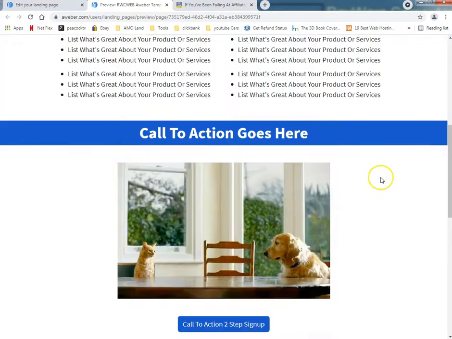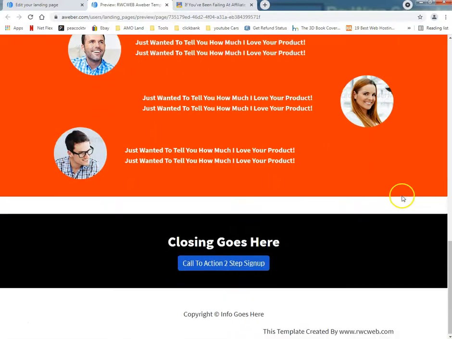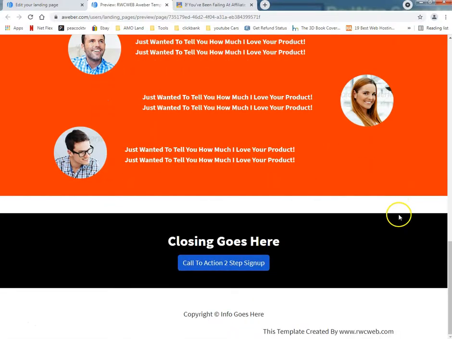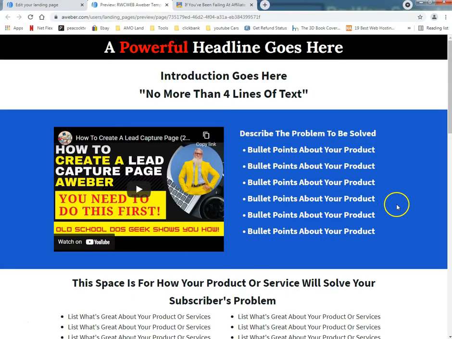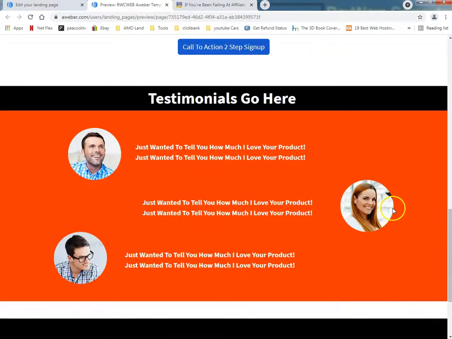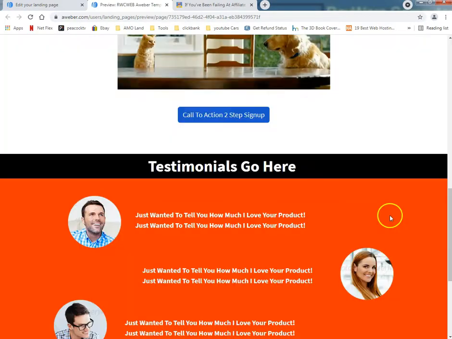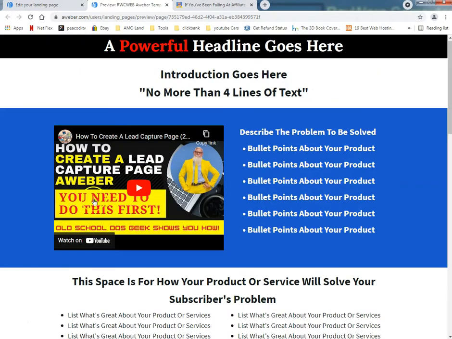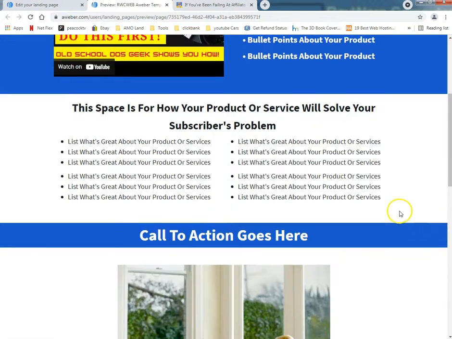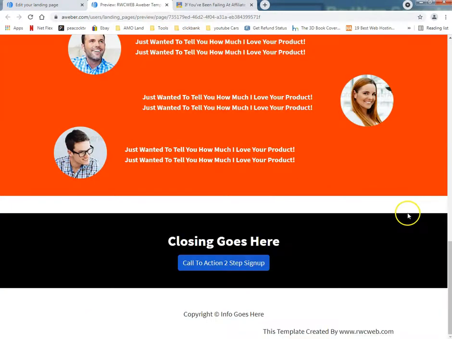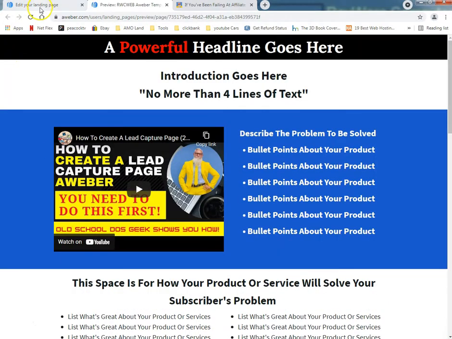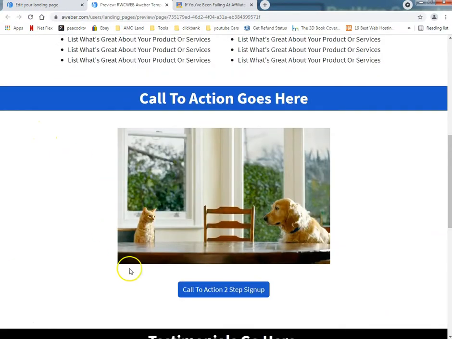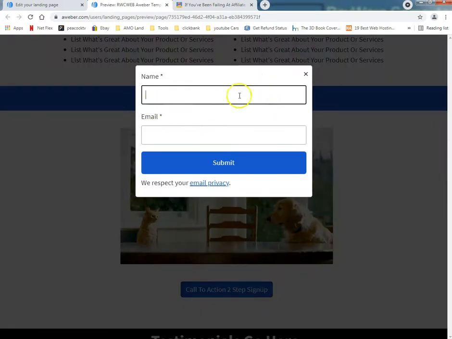Now, I made this template that I can easily share with you guys on Aweber. Okay, I like to keep them simple, and what I'm going to do is, after I make this video for this template, which is going to go right here, I'm going to fill this up and make it an actual page. Okay, this is what they call a two-factor opt-in. Okay, when somebody does this here,